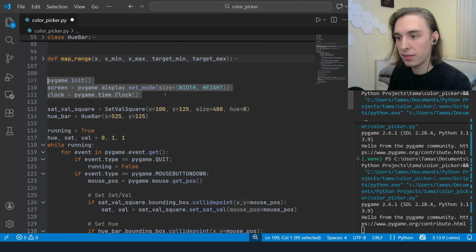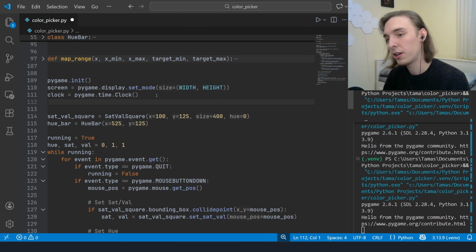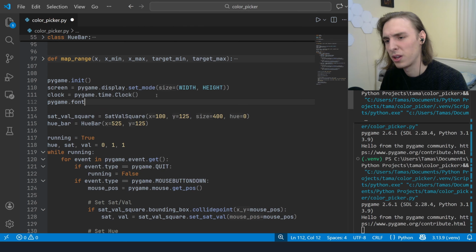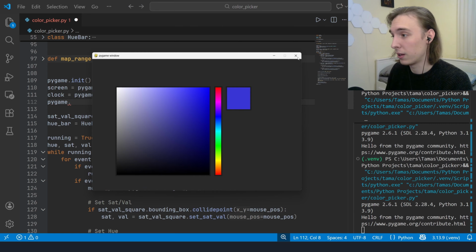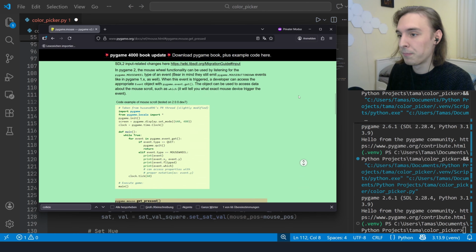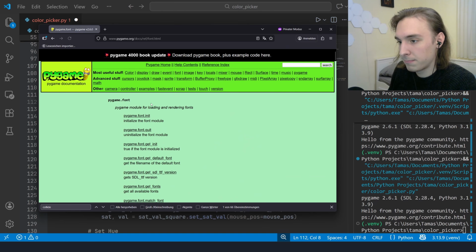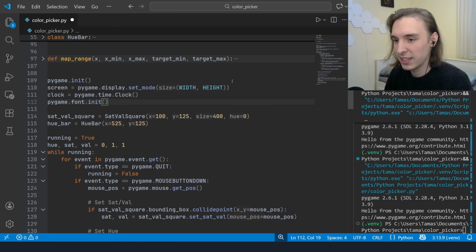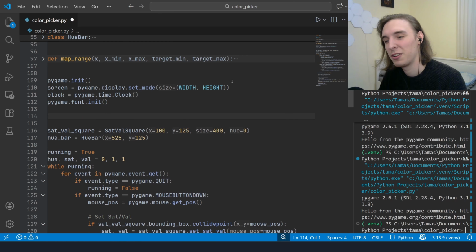So up here at the initialization, I think we need to do pygame.font.init. Okay, I'll look it up. So font, we do font.init, and then app font is,